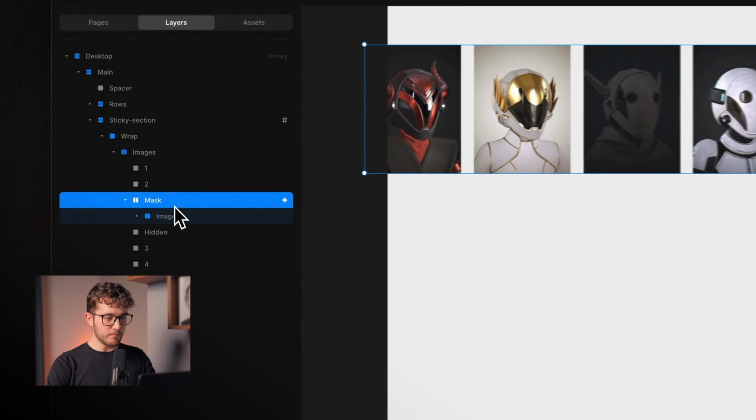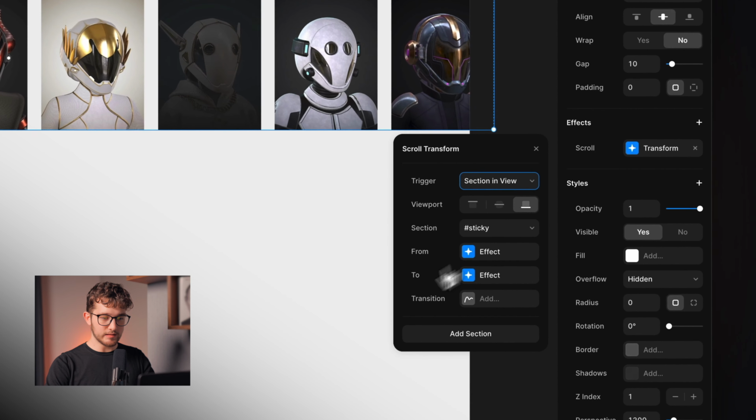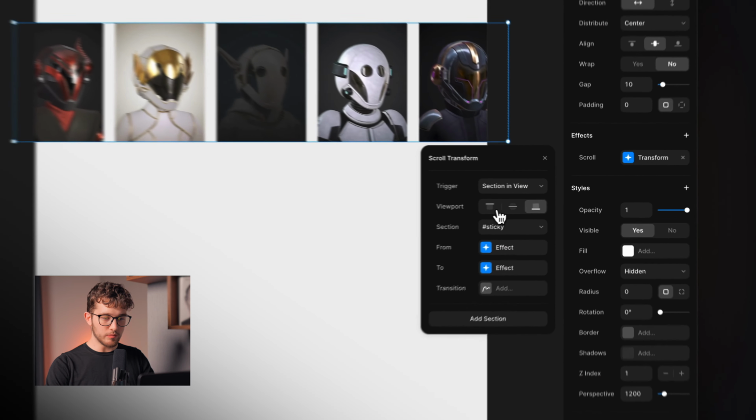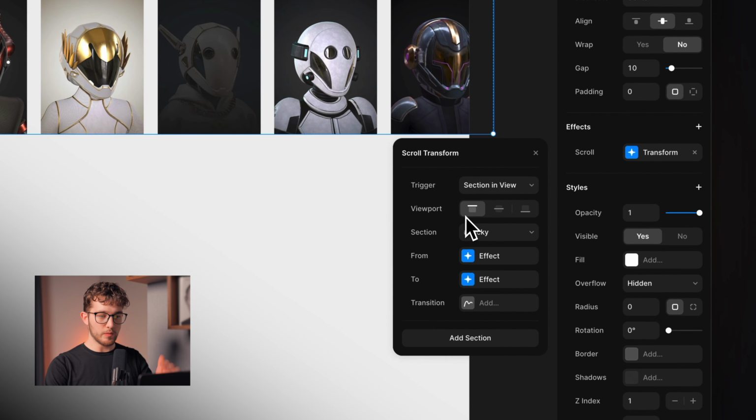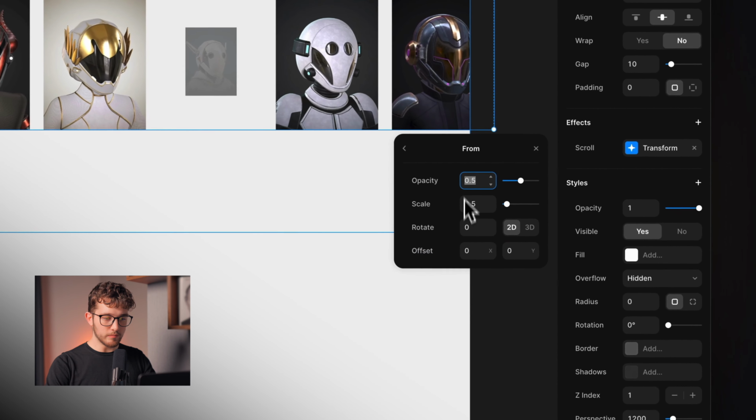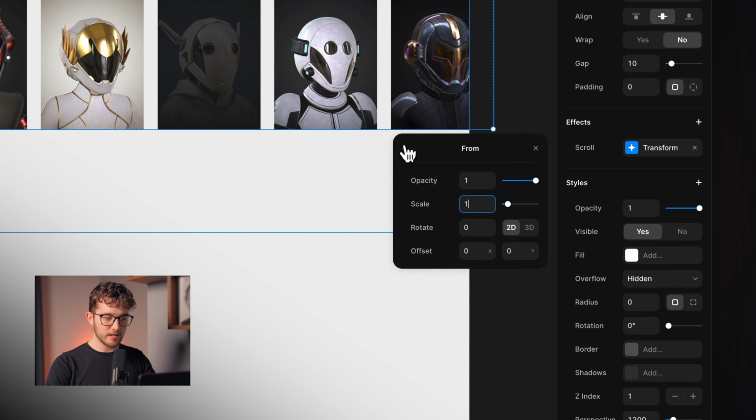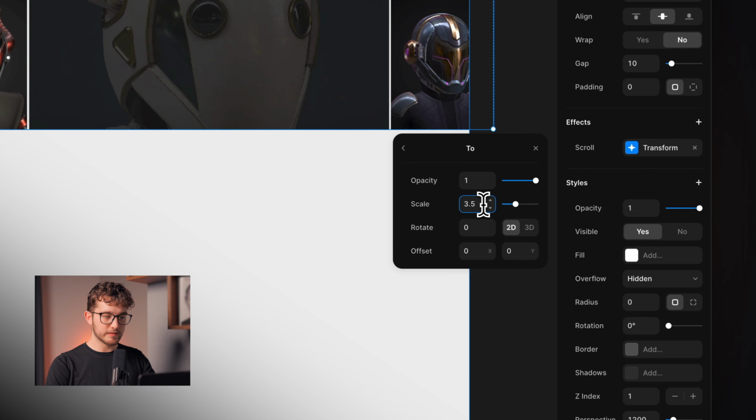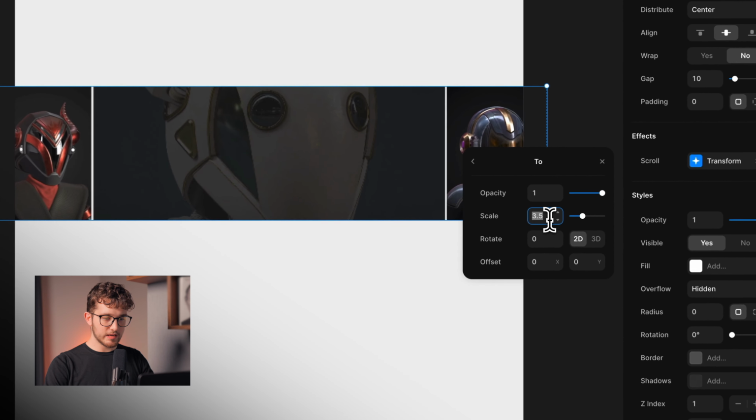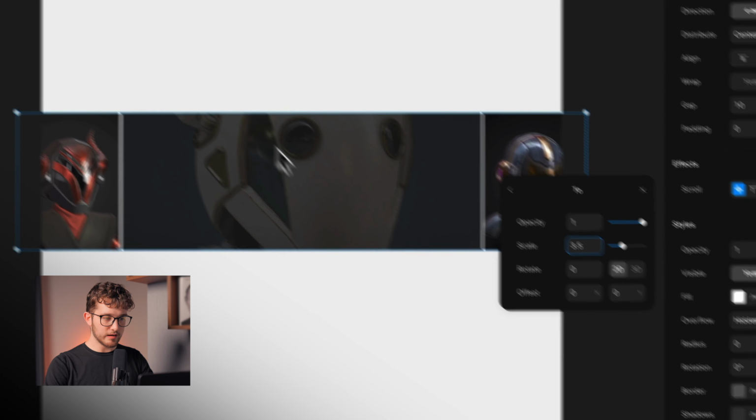So let's go back to the mask and specify this scroll transform. So again, it is section in view. The viewport will be on the top. So when the section reaches the top of the viewport, it will start animating, and the from will be 1 opacity, 1 scale, and the to state will be 3.5 scale. So we scale this up a bit, but as you can see, as I start scaling it, that it cuts